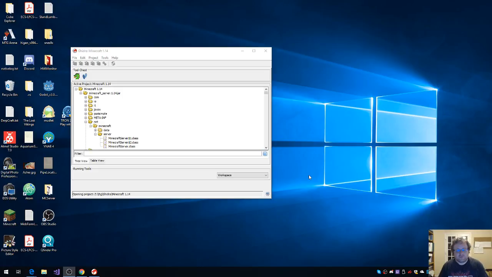So last time, working in Ghidra, we wrote just a short set of functions that will iterate over all the files in a project, in this case all class files, and will run something against each of them. Our simple example just printed out the name. But it was enough to prove that things seem to be working. So the next thing I want to do, and I'm going to open MinecraftServer.class to start,